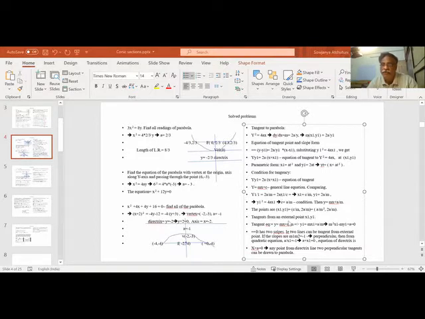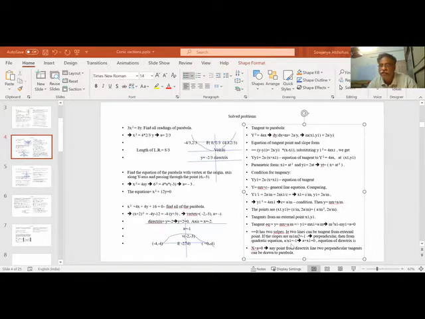So let us say from an external point x1, y1, the equation is y is mx plus a by m. We have a quadratic in m square, so m has 2 values. So the tangent from an external point can have 2 slopes. Suppose m1 m2 is minus 1, that means perpendicular. If m1 m2 is minus 1, then what is m1 m2? It is the product of the roots of this equation, that is a by m square.